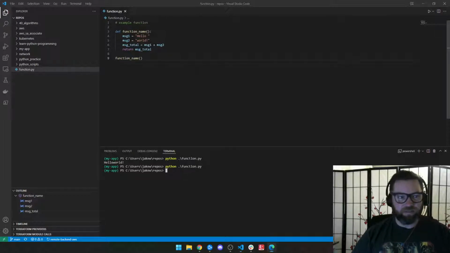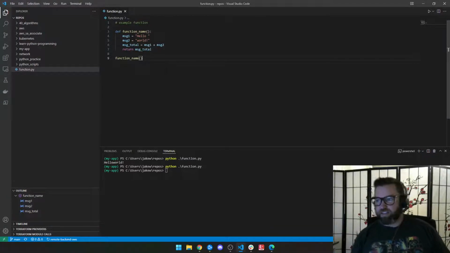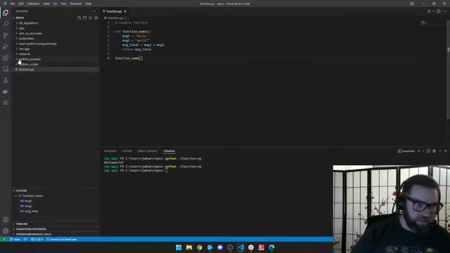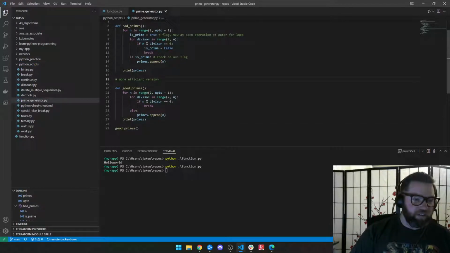So let's talk about reducing code duplication. Imagine you're doing a scientific piece of software, right? You need to calculate prime numbers up to a certain limit. And we did this, and I made a Python script for this prime generator. So imagine that I don't want the user to have to see all this garbage. So if I did this,